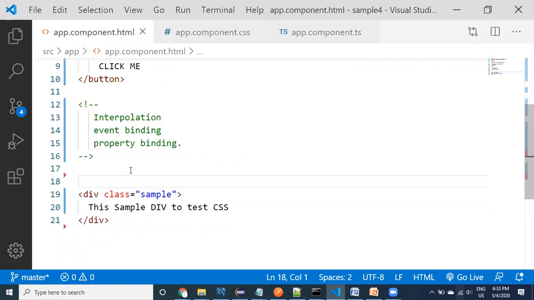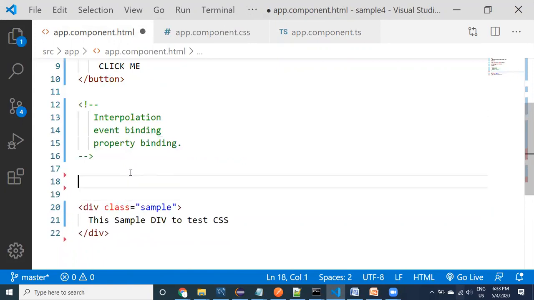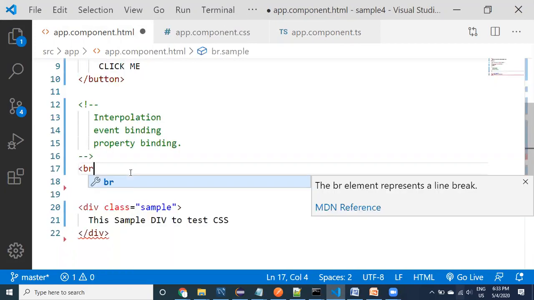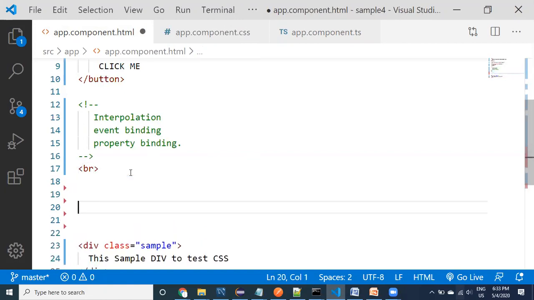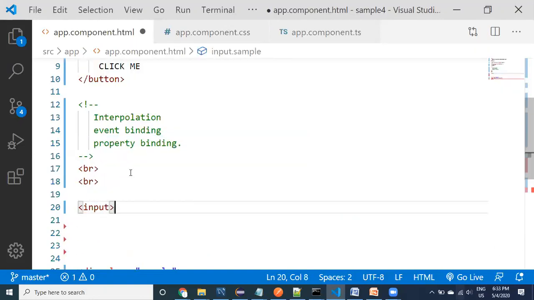I would like to use another text box. Let me go to the next line, and here I want to use some input box. Input type equal to, by default input is text only. What I want to do is use the value available in the property and assign it to this input.